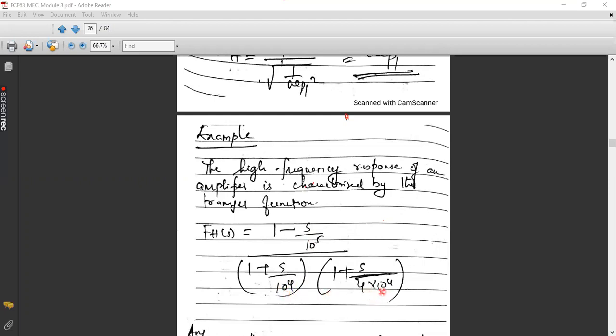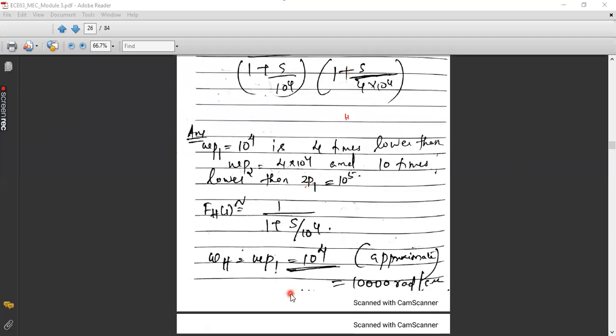And if you take this particular pole, it is situated 4 times apart from your low frequency pole. So that is also satisfying my minimum condition. It is more than the minimum value. So if you consider Z1 and P2, both this zero and pole are lying at least 4 times away from the low frequency pole. Therefore, it is satisfying the condition of dominant pole. So I can take omega p1 as my dominant pole and let it be my cutoff frequency.